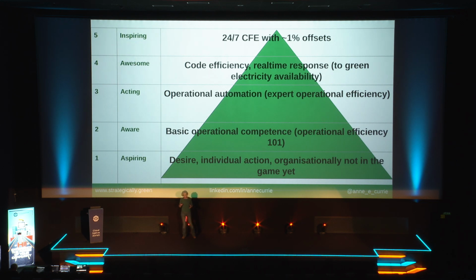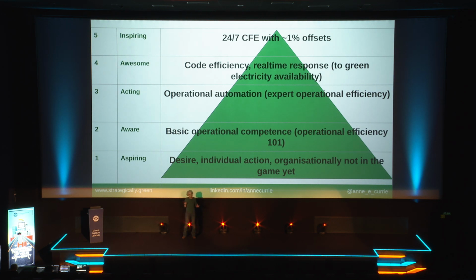The first thing the maturity matrix does is it defines what good looks like, which is very important when you're delivering a complex project. So in this case, what good looks like was defined again by Google some years ago, and it was something called 24/7 CFE, or 24/7 carbon-free electricity. And it's the idea that for a green system running in your data center, for every watt of power that system is drawing from the local grid in order to operate, a matching watt is going in from a low-carbon source at exactly that same time. So completely time-matched.